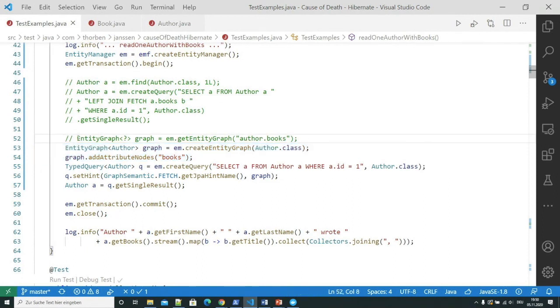This one here, the named entity graph, would be a good approach if you have a static graph definition that you want to use with multiple queries, or where you have one query with multiple graph definitions that you want to mix and match, basically.